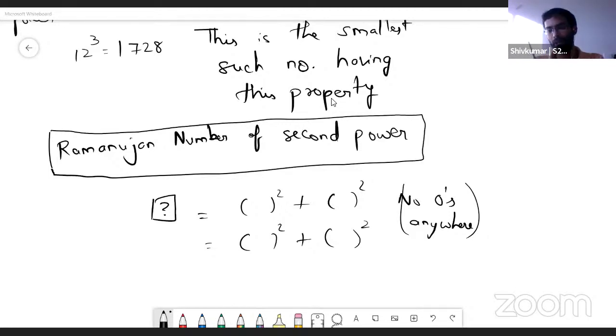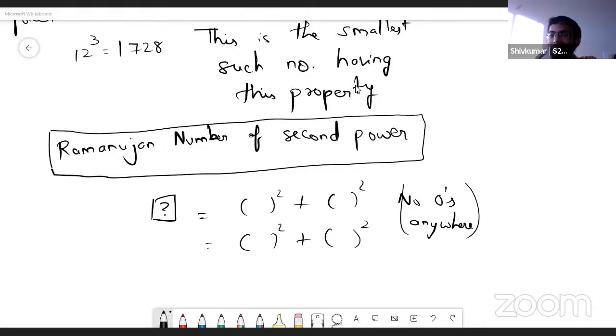First of all, is there any such number like that? That is one question. So I'll pause here for a few minutes. Let us see which Ramanujan is going to respond. Chinmay is saying 1729. Can 1729 be written as sum of two squares in two different ways? Along with the answer, also give how they can be written as sum of two squares in two different ways. And one more thing is we're looking for the smallest such number, right?